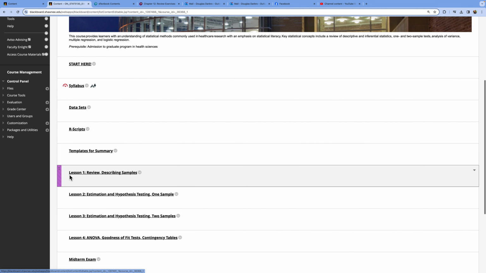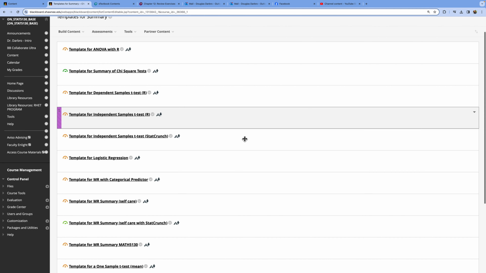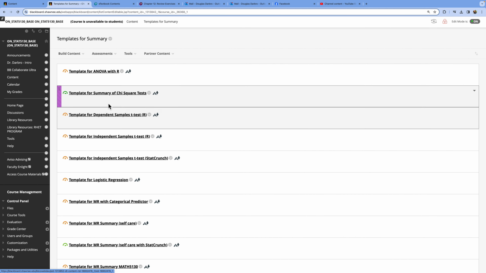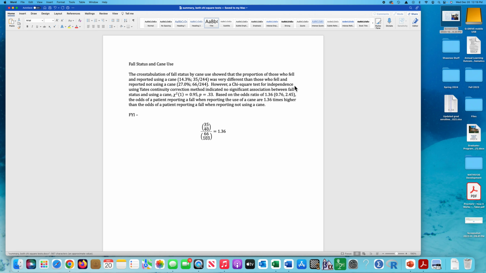And another thing I have are templates for summary. In the discussion forum post, I ask you to conduct an analysis and write up the results. These are the templates you will use. So for example, if you're writing up a chi-square test, you can click this. Let me just show you what happens. Open it up, and I tell you how to report the results. All you have to do is go in and change the numbers and change the variables